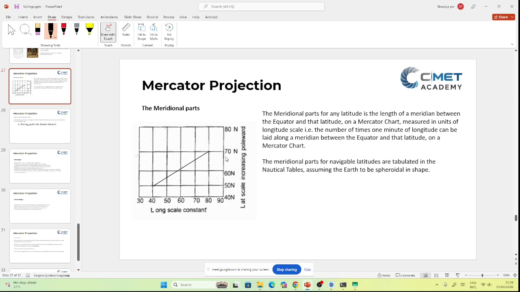But can you see, if you take the distance between 60 and 70, or 50 and 60, and if you measure the distance between these two waypoints, the distance that you measure by using which is going to be the correct one, between 50-60 or 60-70? Can you see there is an error based on the